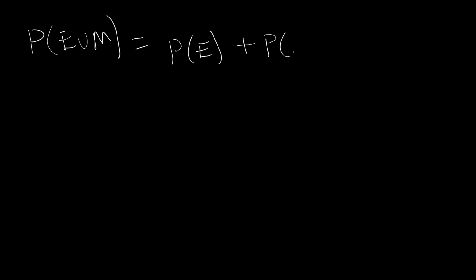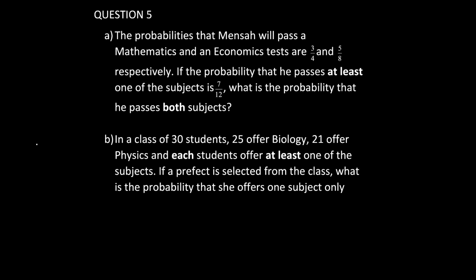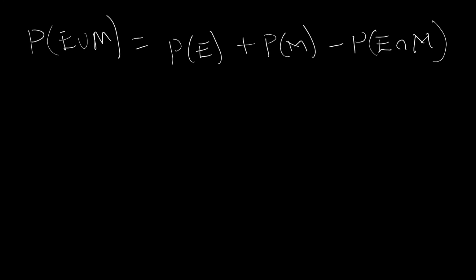But we know that P of E union M is equal to P of E plus P of M minus P of E intersection M. P of E intersection M is the probability that Mensa will pass both subjects. That's what we are asked to find. So P of E intersection M is equal to